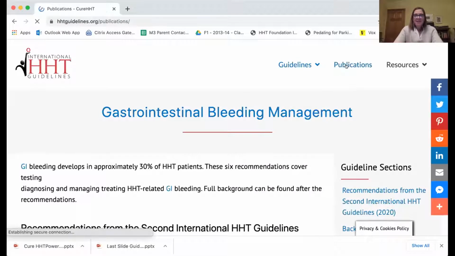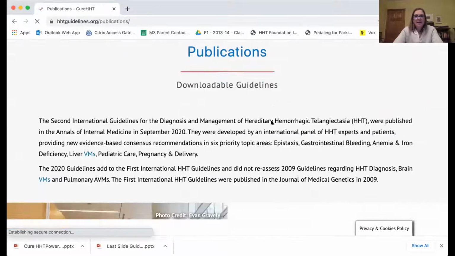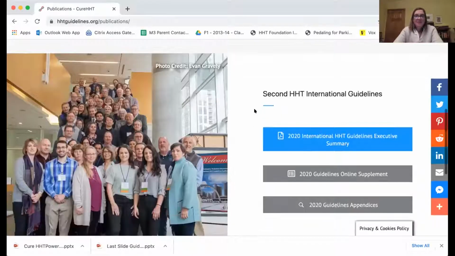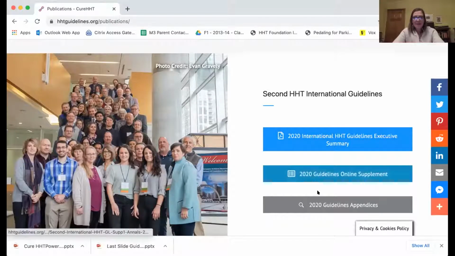The publications tab is one of the things that makes the guidelines really easy to access, because people often have trouble getting medical publications because you have to be part of an organization or have a subscription to a journal to get them. But we made sure that the HHT guidelines were open access, and we've also posted them here on the website so that people can very easily just come here and download the executive summary or the online supplement and any of the appendices.